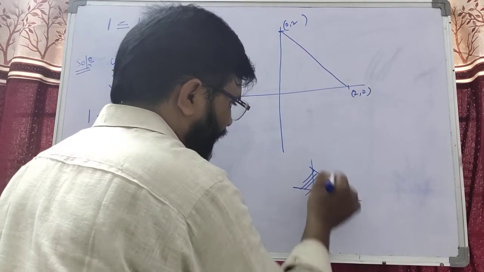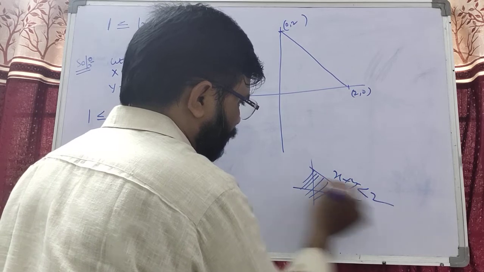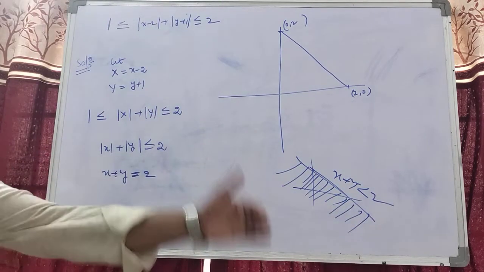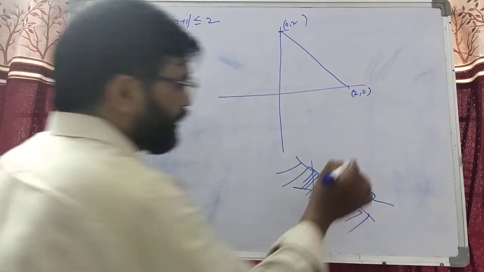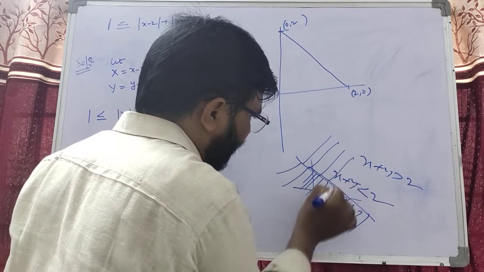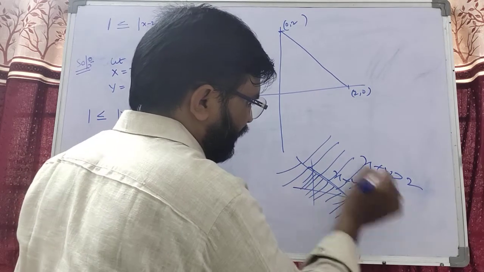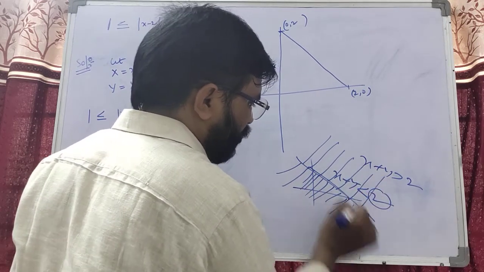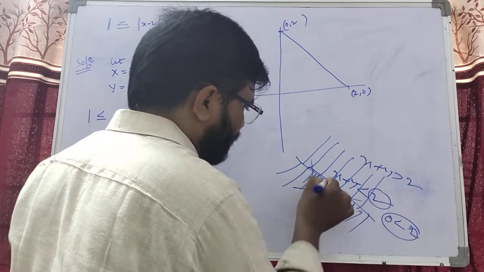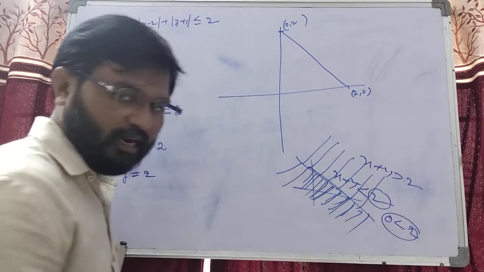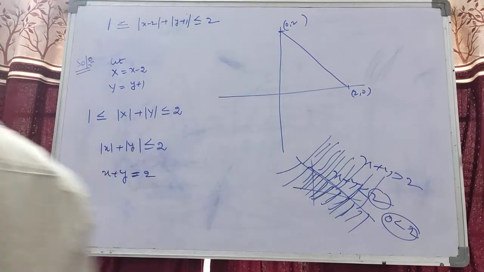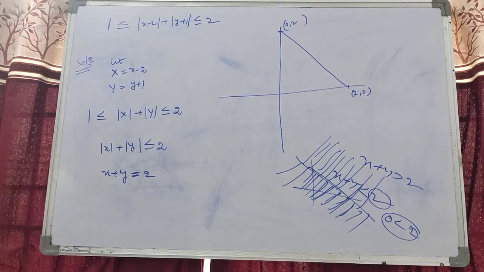This will be x plus y less than 2. All these points are on the origin side. Suppose x plus y is greater than 2, we can write it like this; these are the lines. Okay, students. Putting 0 plus 0, 0 is less than 2, yes, the region will come on the origin side. 0 plus 0 is not greater than 2, so that region will come on the side other than the origin. Therefore, dear students, that is the first observation.